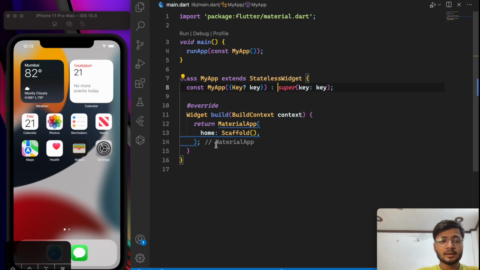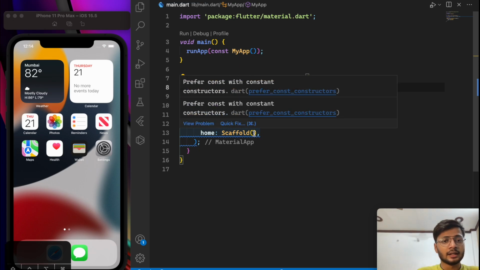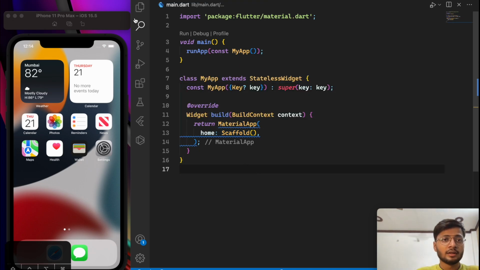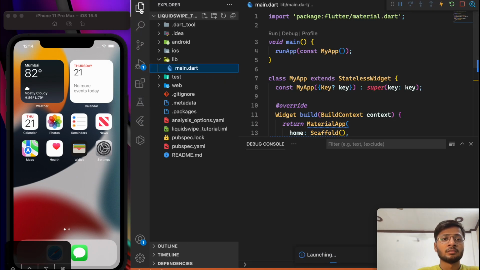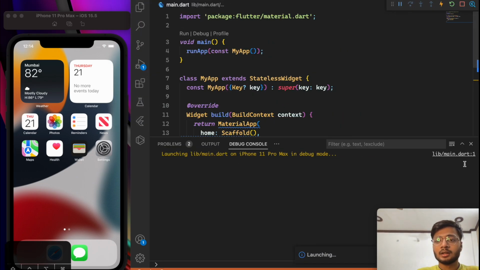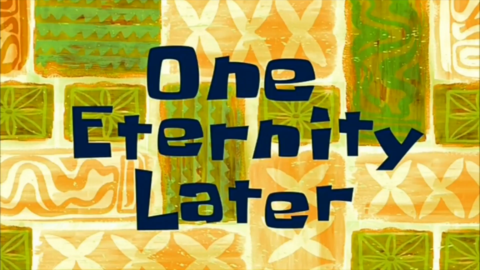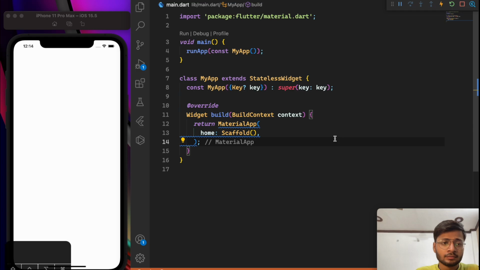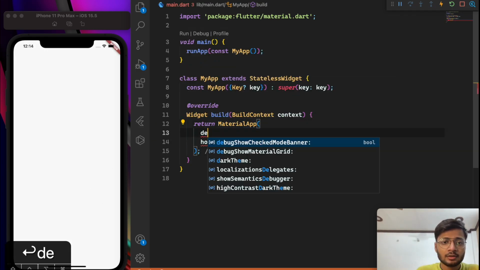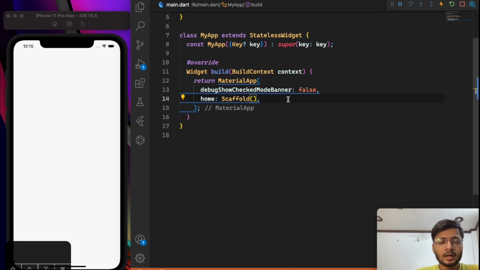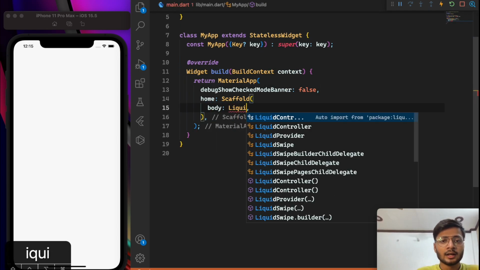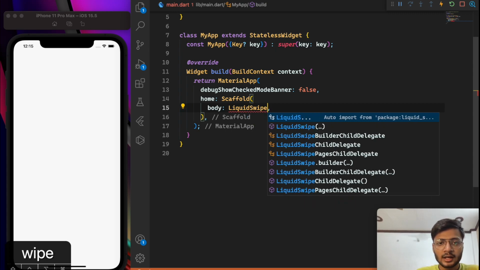And before we start coding or before we start designing the Liquid Swipe, we will run our application. So here I can just go and click on this start debugging, and then we will just wait for this to start on our simulator. One eternity later. Okay, so we got the application started here. First of all, we can remove this debug banner that is present, and now inside our scaffold we will call our Liquid Swipe. So here if we write Liquid Swipe,